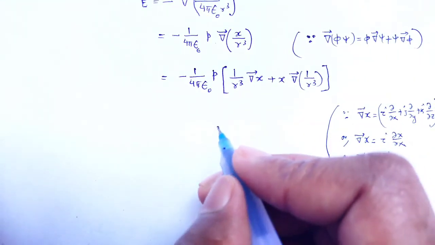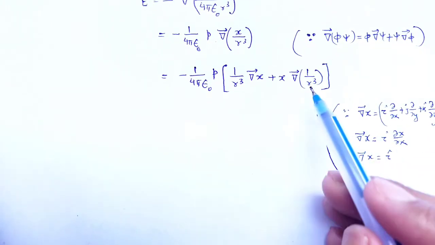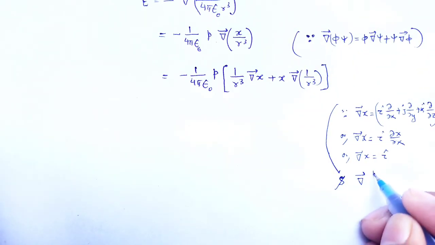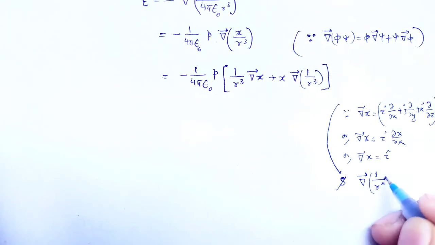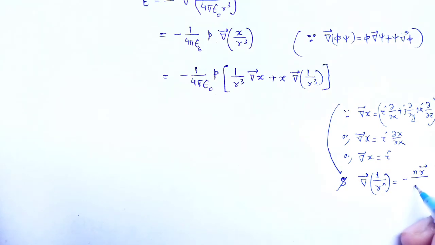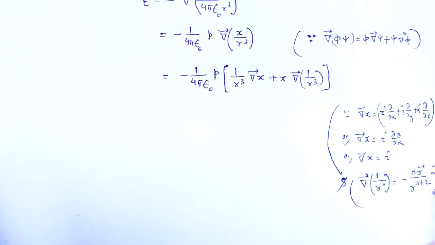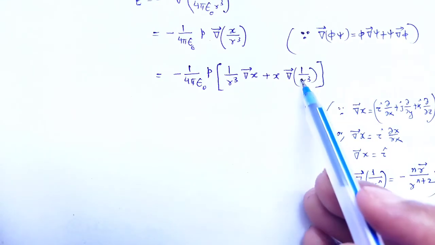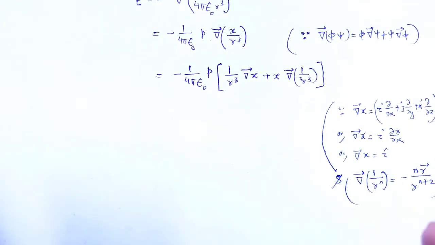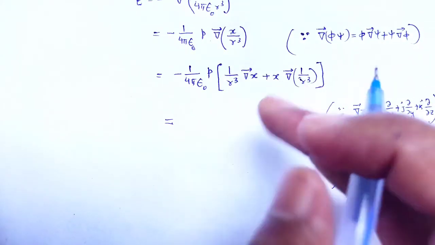Here we just put, and again another property of gradient: grad of 1 divided by r to the power n is equal to negative of n r vector divided by r to the power n plus 2. That relation also can be used here. Here n is equal to 3. Instead of n we put 3. Using these two relations we can simplify the bracket term as